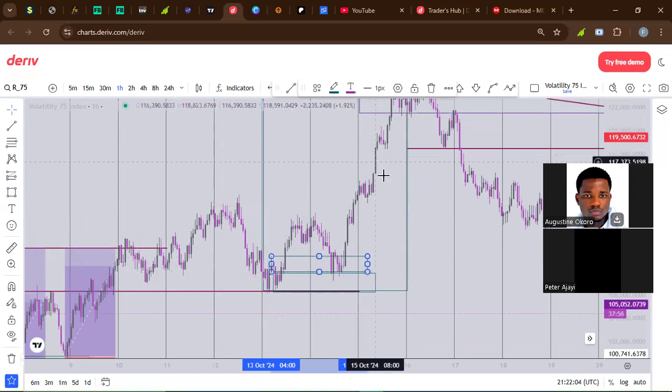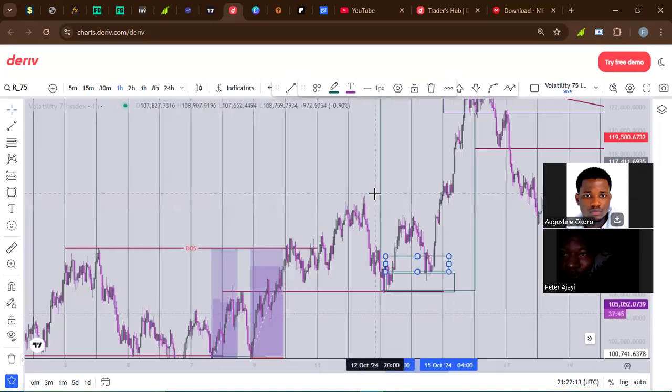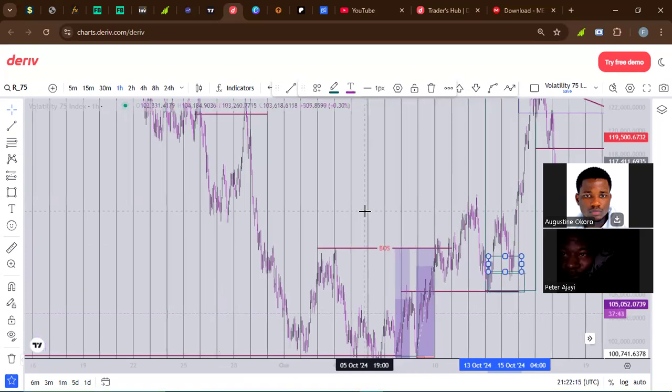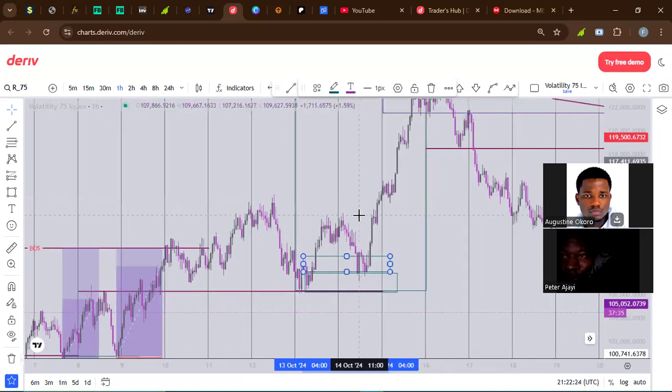You already know the market bias, which is the daily bias of that market. What is the daily bias? Yesterday was bullish. It doesn't just work that way though, because you are going to understand the daily time frame, the weekly time frame, and the monthly time frame before even diving into the daily time frame.